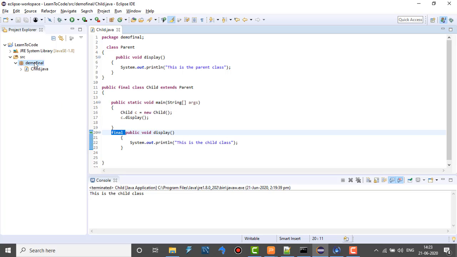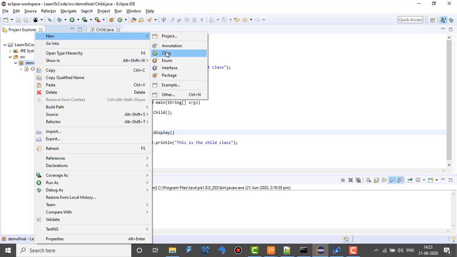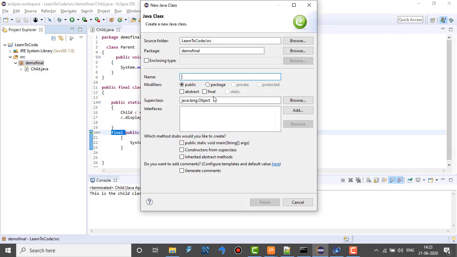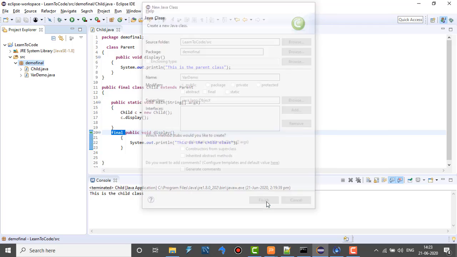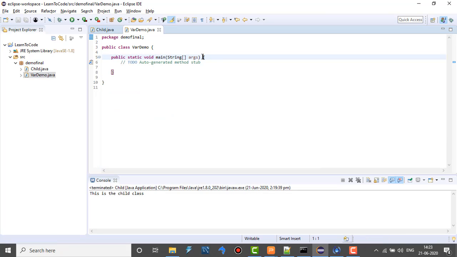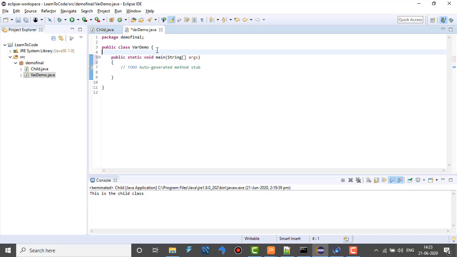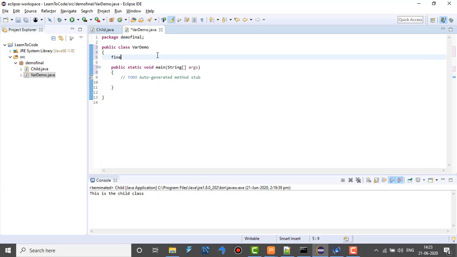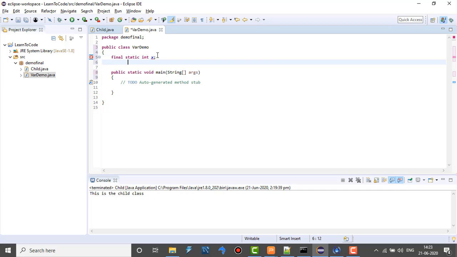For this I'll have to create a new Java class. I'll name this class var demo, and I'll create the class. In this class I'll declare a final static variable and a normal static variable.